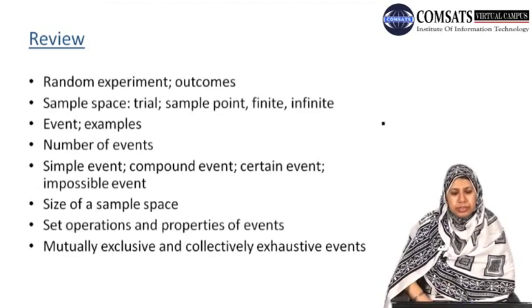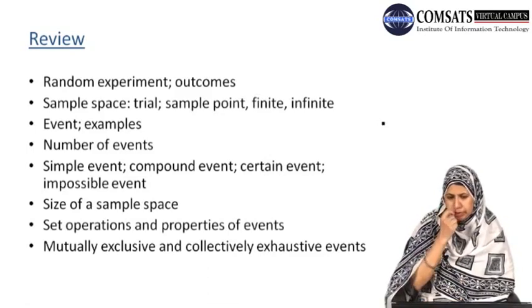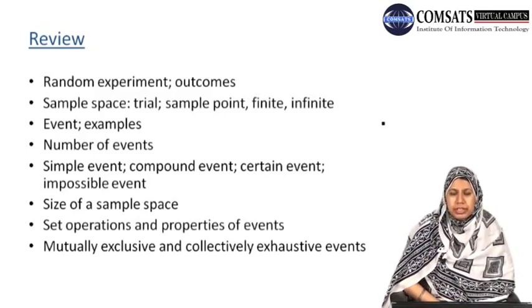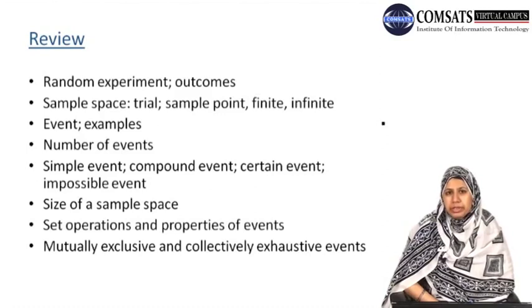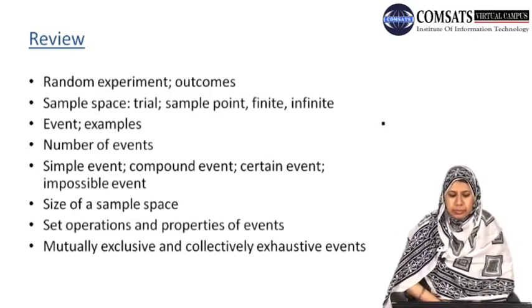Then in our last lecture of this chapter, we have studied about the random experiment, the possible outcomes, and the set of possible outcomes is known as the sample space, the trial and the sample point of a sample space, the finite sample space and an infinite sample space, and some examples related to it. Then we have defined event, which is a subset of our sample space, and some examples of how we can define our event. Event can be defined in a descriptive form, or given any form of the event, how we can identify the possible outcomes from our sample space.